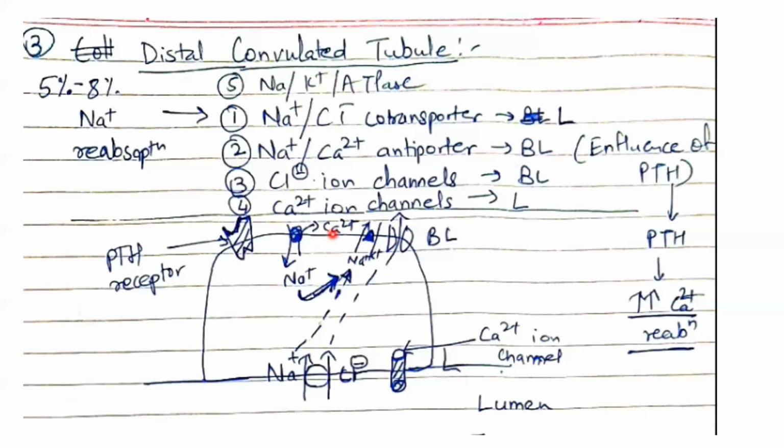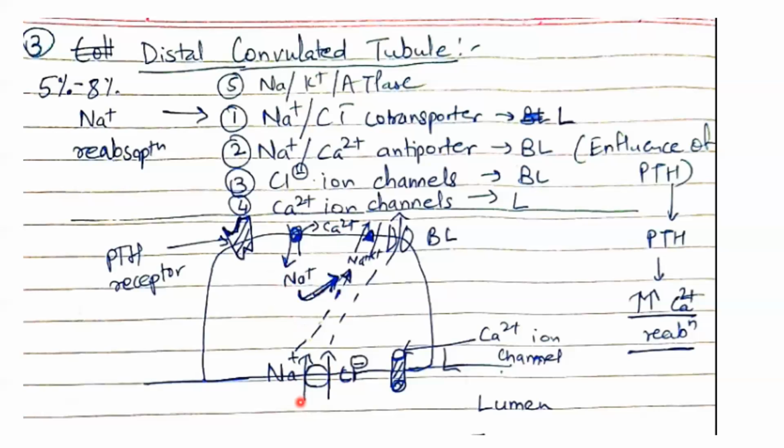Okay, so things to remember: we have the sodium chloride symporter, which helps in sodium and chloride reabsorption. We have the sodium calcium antiporter, which helps in calcium reabsorption, but in turn it needs sodium to come inside the cell. Okay, so you are able to gauge now that